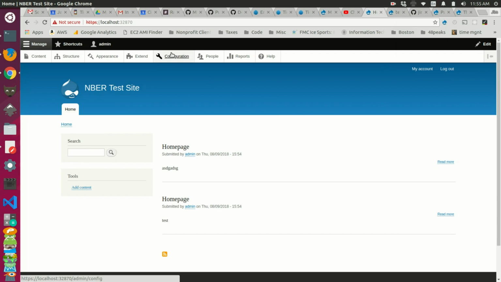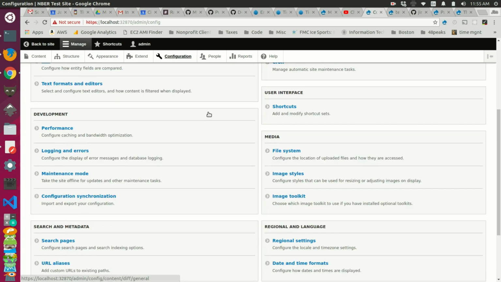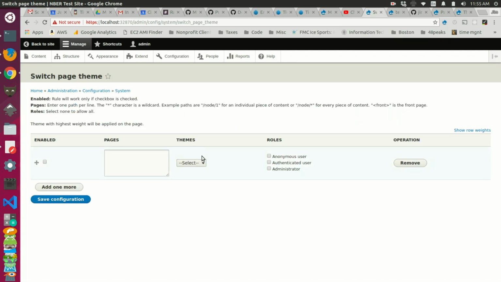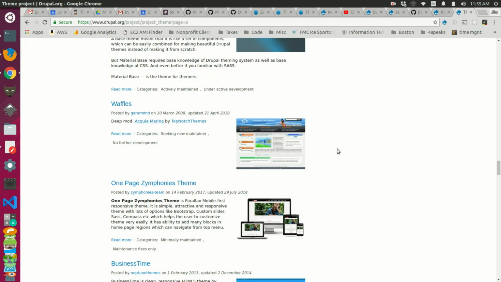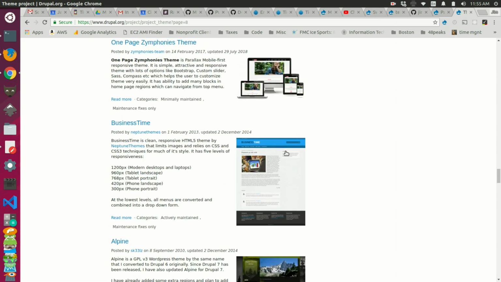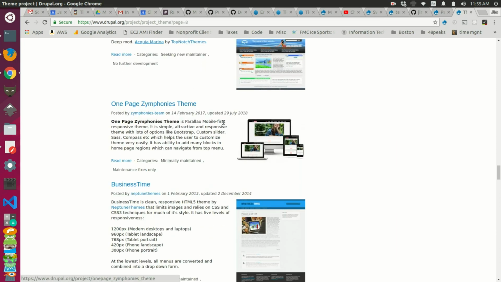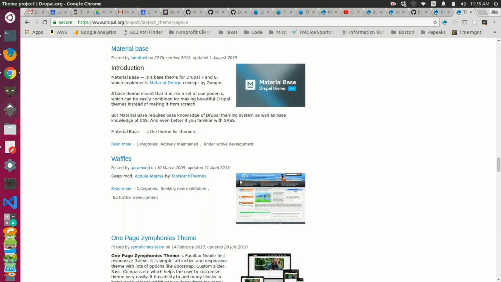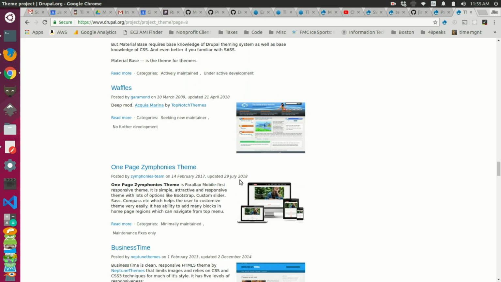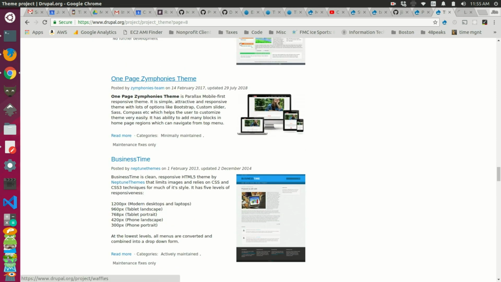Well, if we go to our configuration, and if I look for theme, there is the switch page theme here. And now you'll notice that we have a couple of themes installed by default, but we might want to go and look at Drupal themes and download a completely different looking theme, just so we can distinguish between these really easily. So I don't know anything about these themes, but we could always take a look and say something like, let's just grab this theme here,